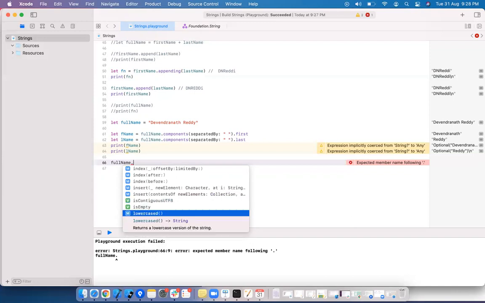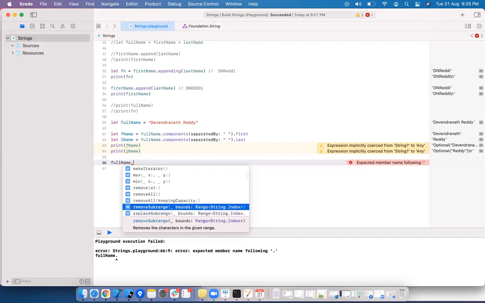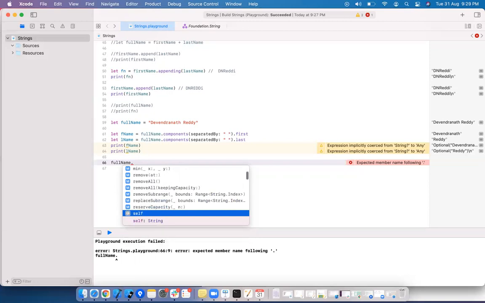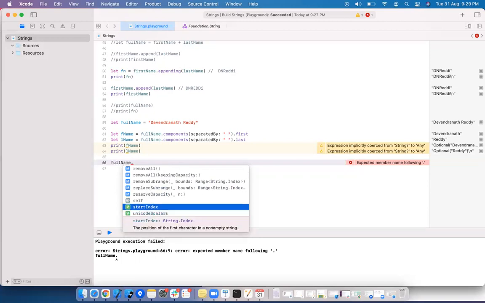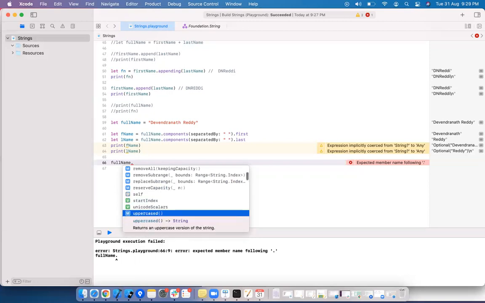Is empty, lowercase, and this is not equal. Remove all removes the complete string. Remove subrange removes some part of the string. Start index, we have already seen end index.